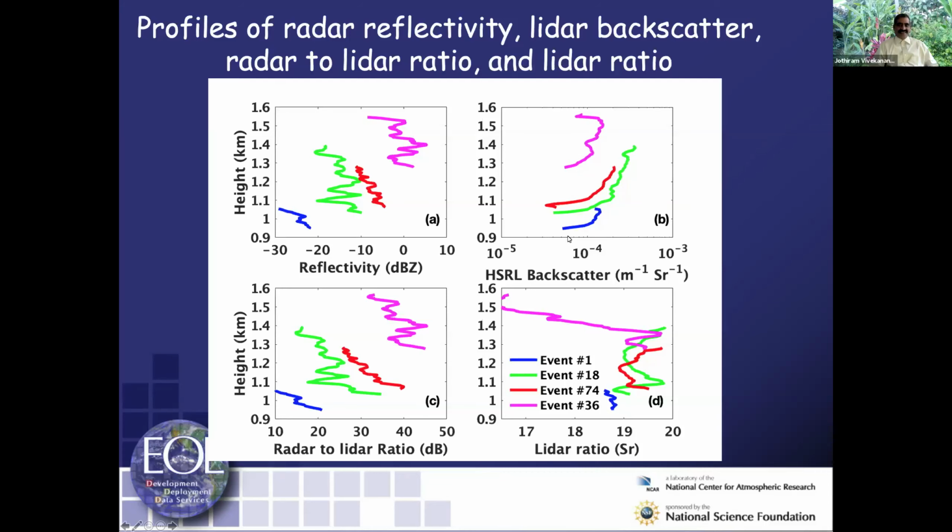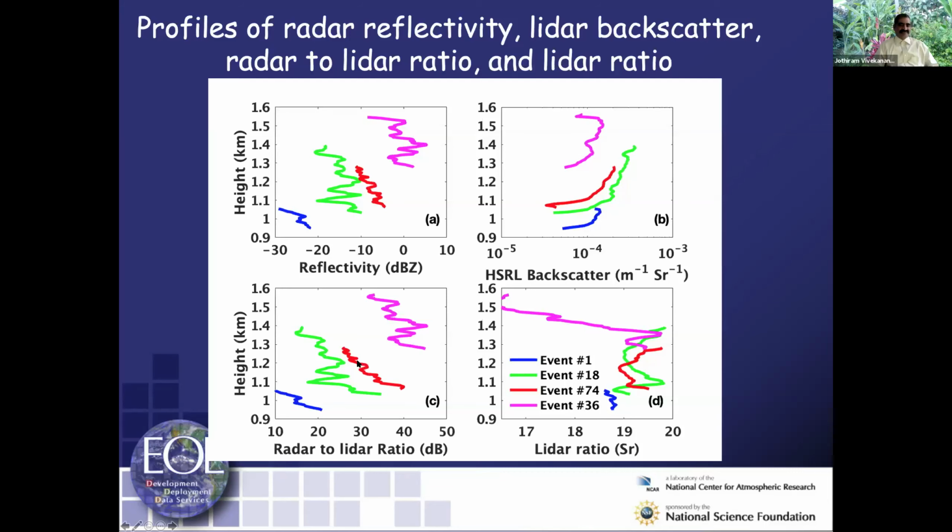Interestingly enough, LiDAR backscatter increases with height because the cloud droplets are increasing with height in stratocumulus cloud. That's why it's higher. But the radar measurements, as you see in the top left, decrease with height because the droplets decrease compared to below the cloud base. Very consistent, the four profiles they picked up.